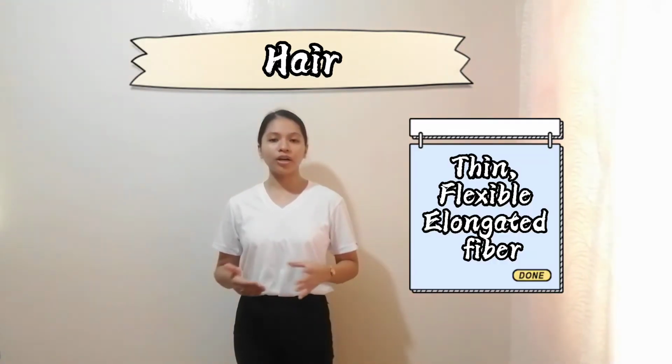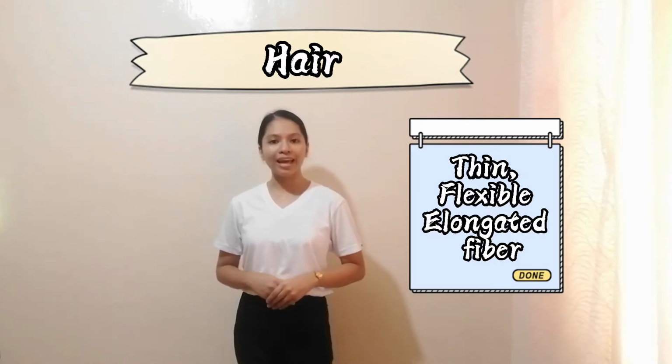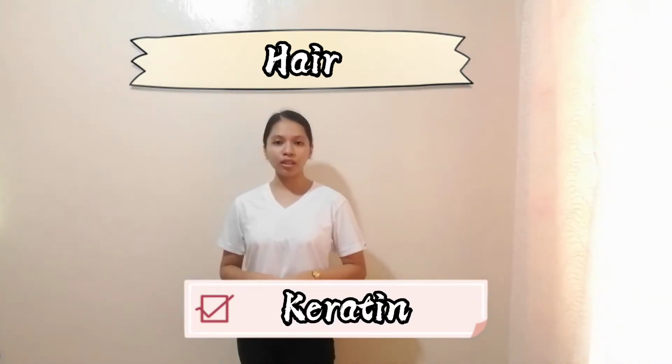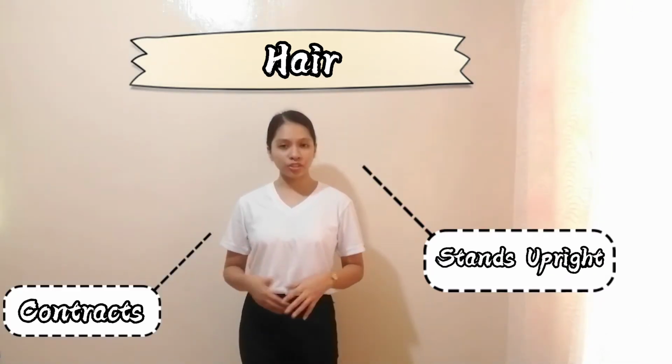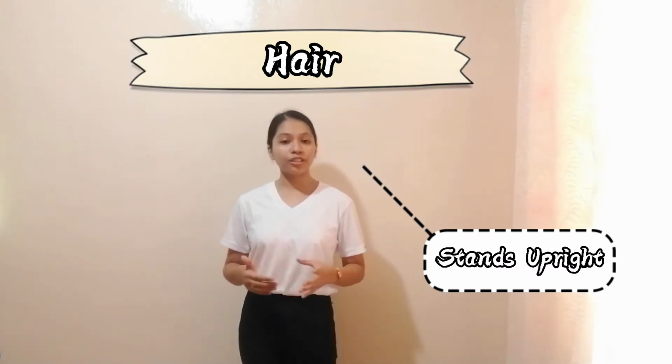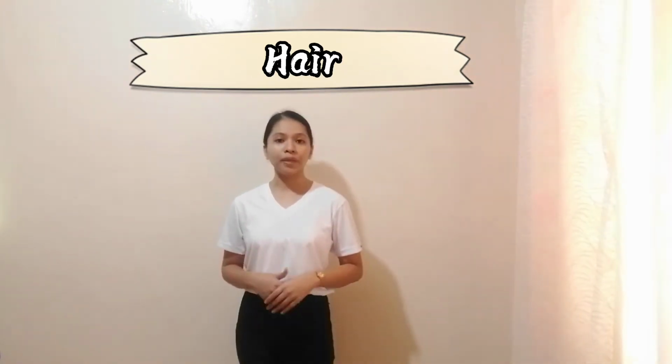Regarding the hair, it is a thin, flexible, and elongated fiber composed of dead, tough protein called keratin. It grows out from the follicle found in the dermis. It contracts and stands upright when the person is feeling cold or under stress because of the erector pili muscle